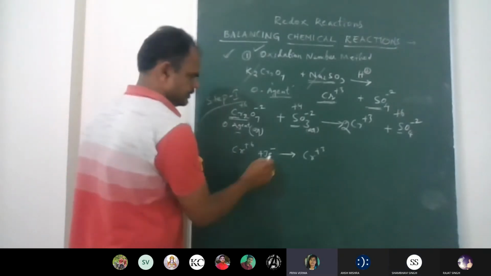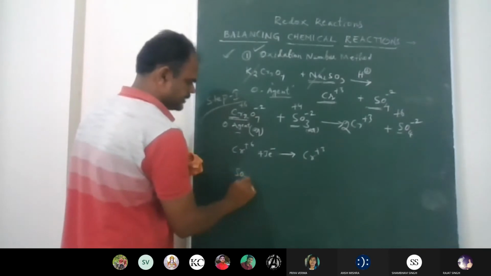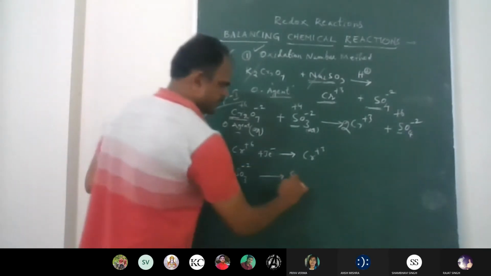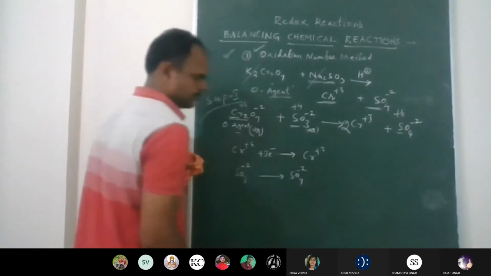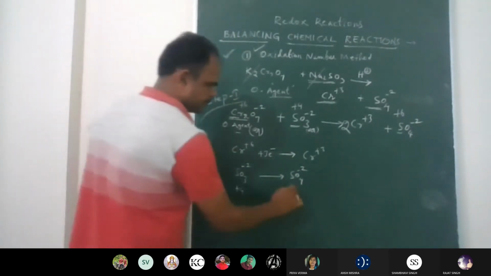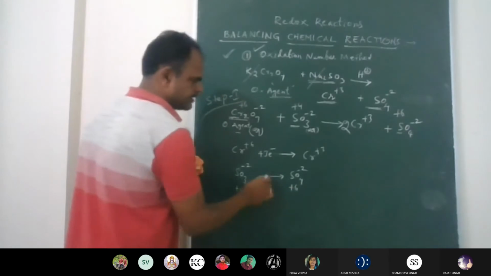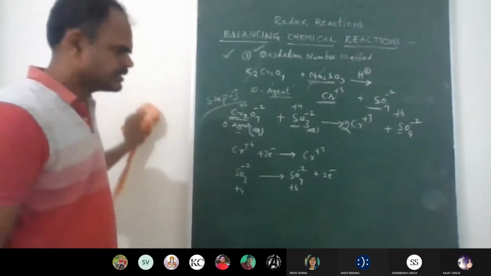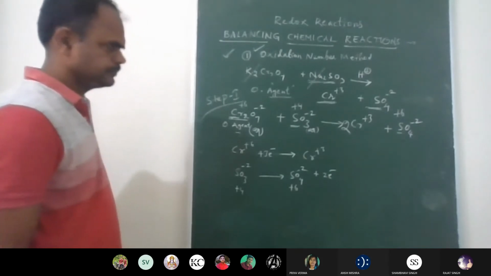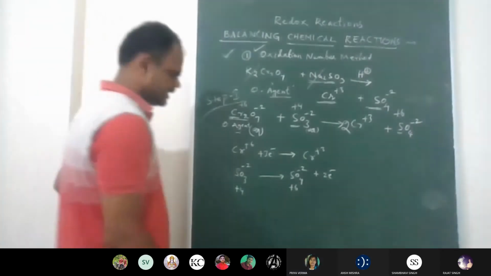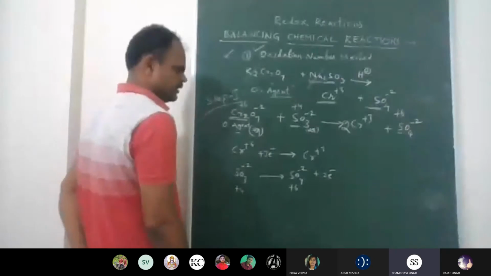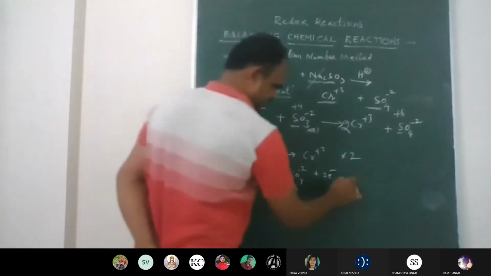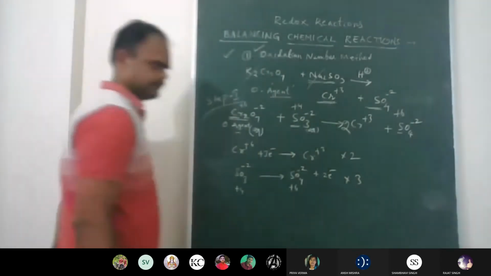And so now here sulfide changing to sulfate. So here is plus 4 to plus 6. Electron difference how much? 2 electrons are here, no? 2 electrons are coming out. So then what I am doing? So I am balancing this equation with 2. I am balancing this equation with the 3.